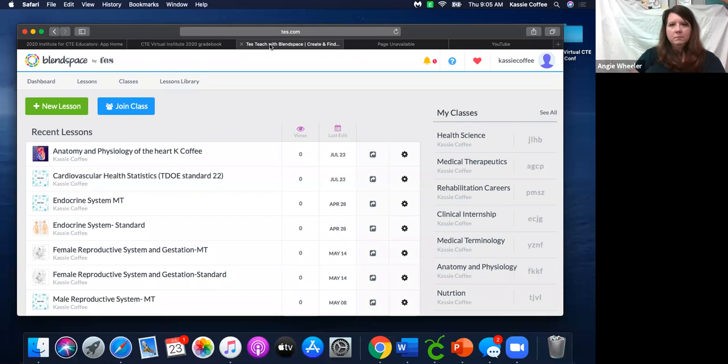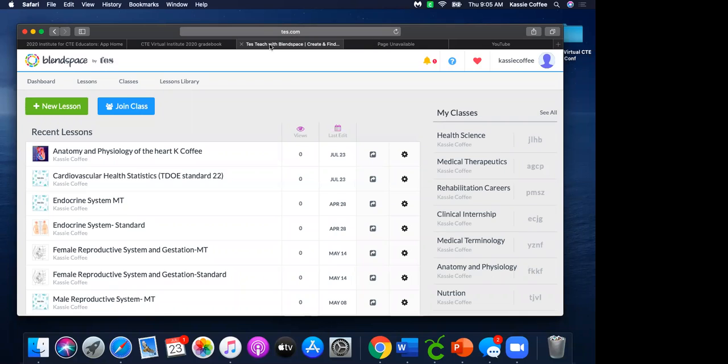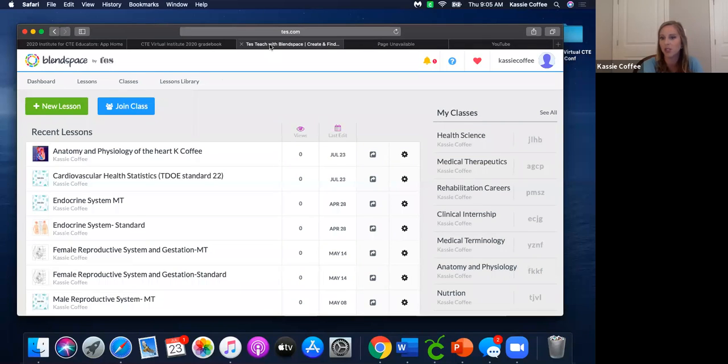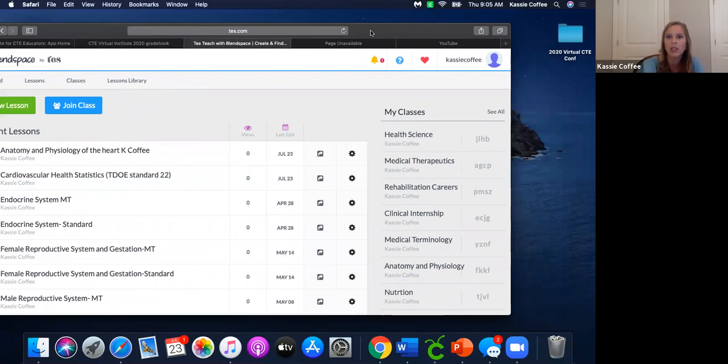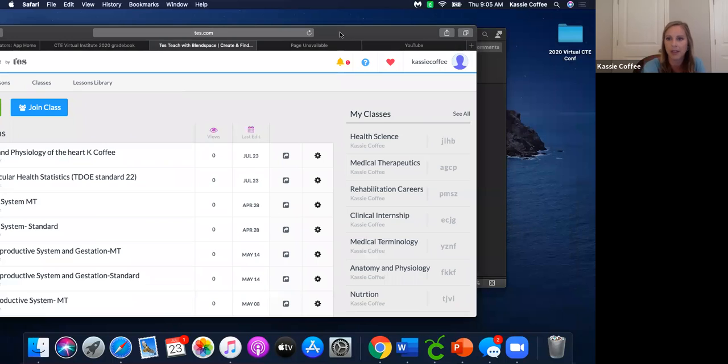So that's within Google and not within the BlendSpace. Right, that was in Google, not within BlendSpace. And I'm sure there is an option to do that within BlendSpace. Actually, I know there is because I didn't have Google Classroom before I moved to Seminole County. I was in Montgomery County.